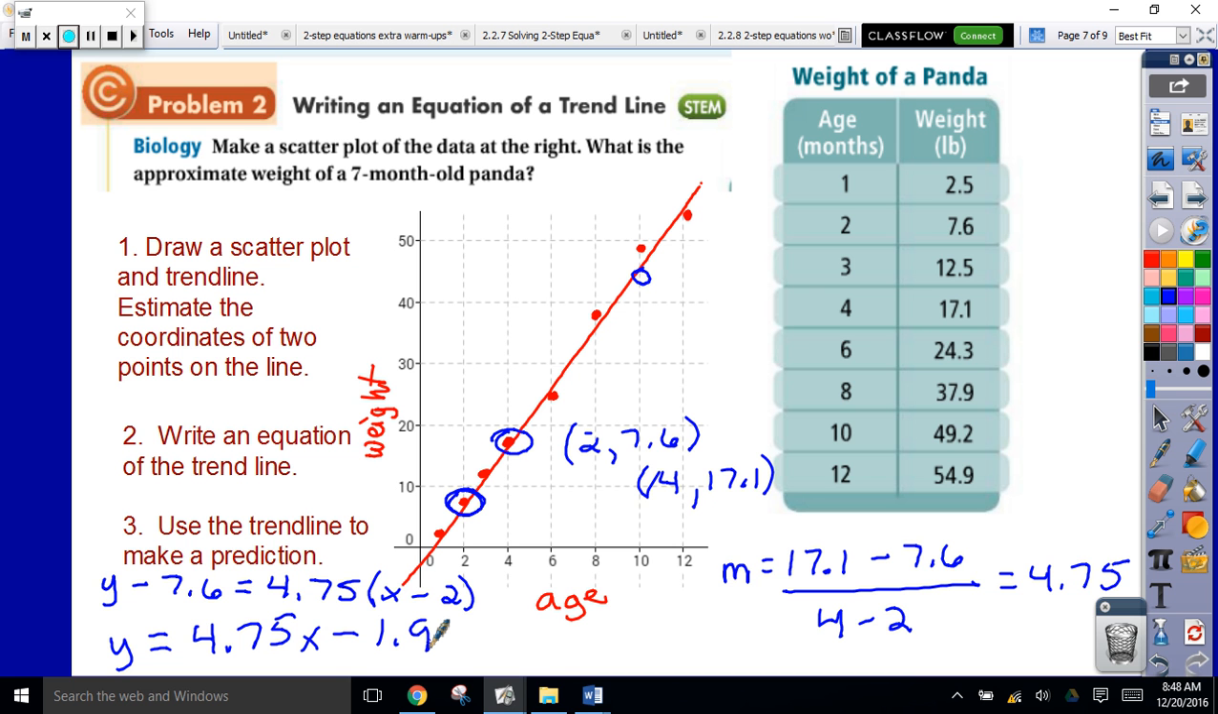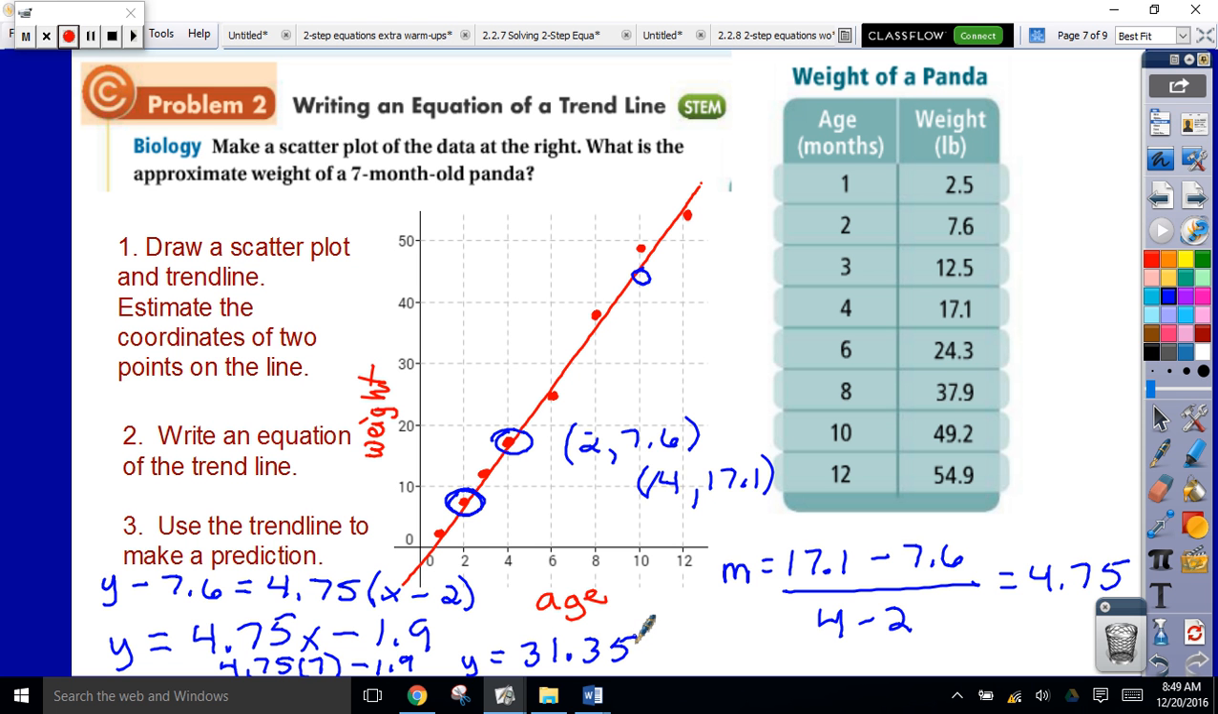When you are putting in values, you're making predictions, you're putting something in for x, getting an answer out for y. Okay, so if I want to know how much the panda would weigh when it was 7 months old, I would substitute 7 in for x. So I would have 4.75 times 7 minus 1.9, and I get an answer of y equals